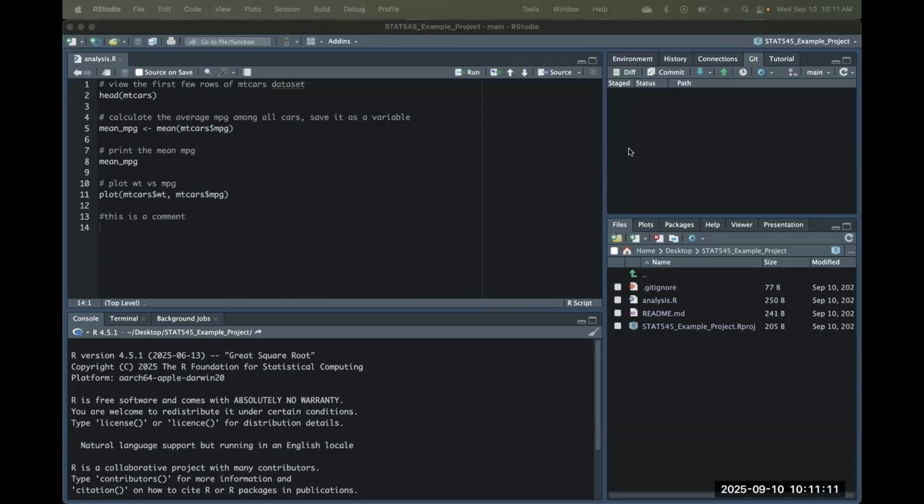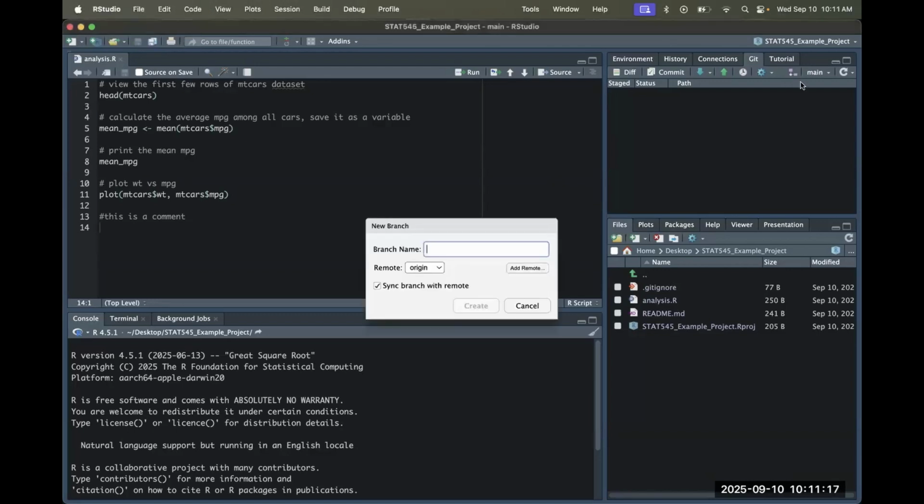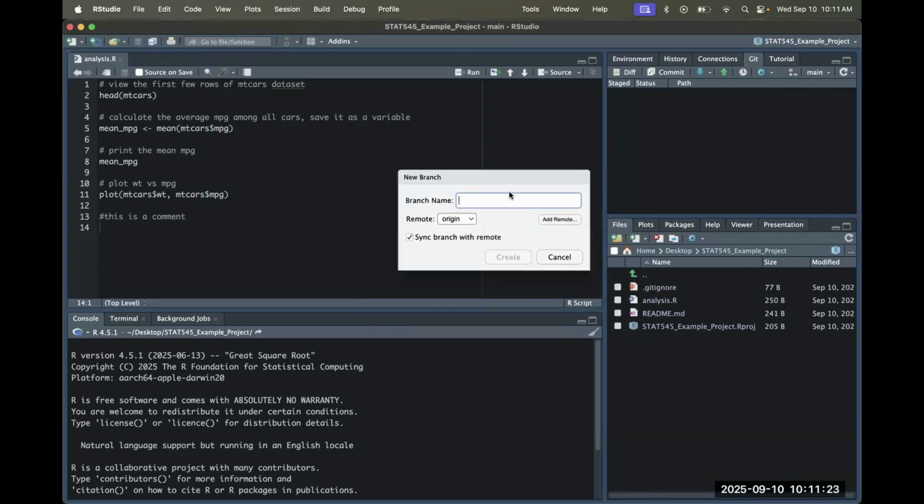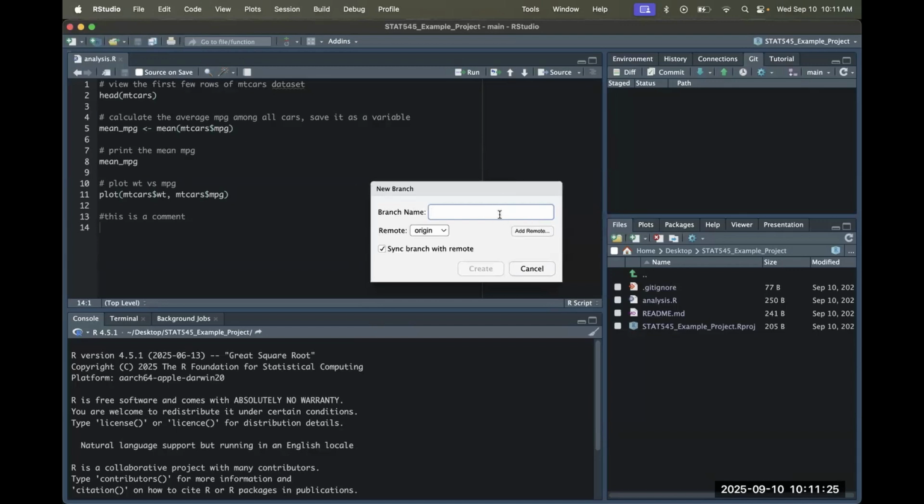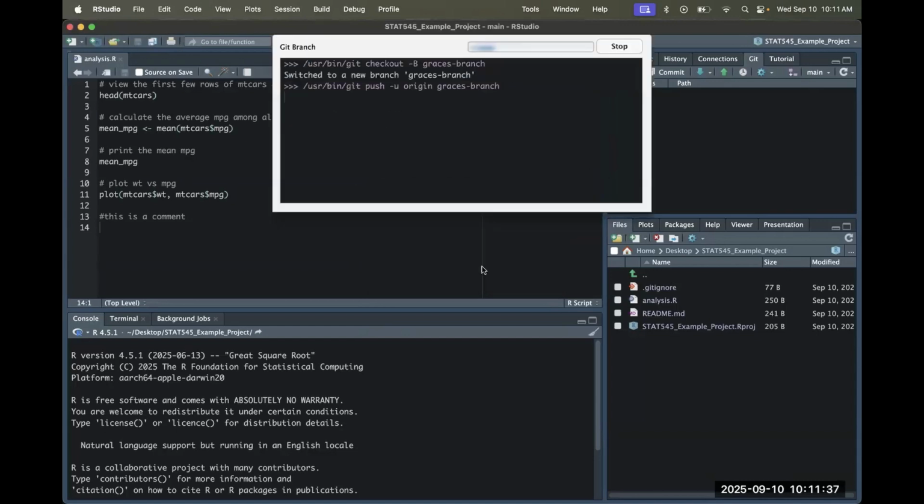To create a new branch, it's actually quite easy in RStudio. We can click this button with these purple rectangles attached to a white, I think that's a diamond, and this pane pops up. You can make a new branch. I'm going to call it Grace's branch, and it's synced with the remote origin. You can just leave all of those defaults and you can look into those further if you'd like. We click create,